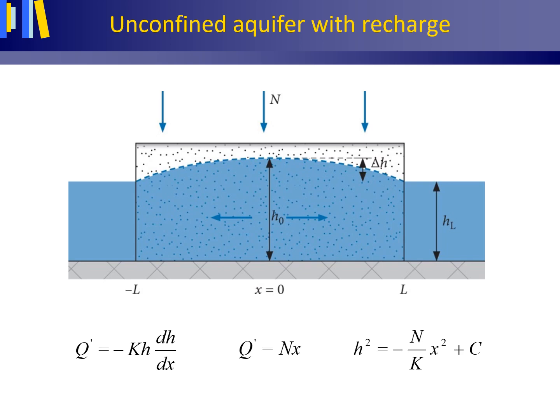Please note that because the present flow case is symmetrical, the location of x is 0 is taken in the middle, where h, as h0, is largest due to the recharge, and that groundwater flow is from the center of the aquifer in opposite directions to both canals. When h0, hL, and L are known values, C in this equation can be found by inserting the boundary conditions for this flow case. First insert the x is 0 mid-boundary condition and then the x is L boundary condition.